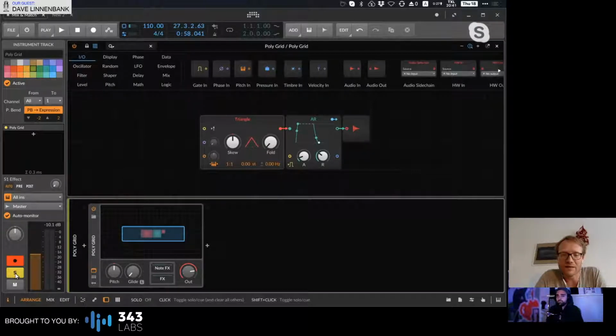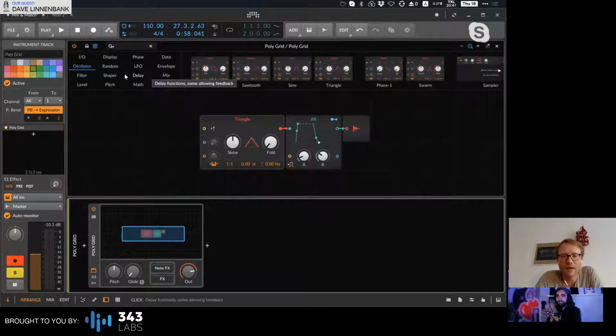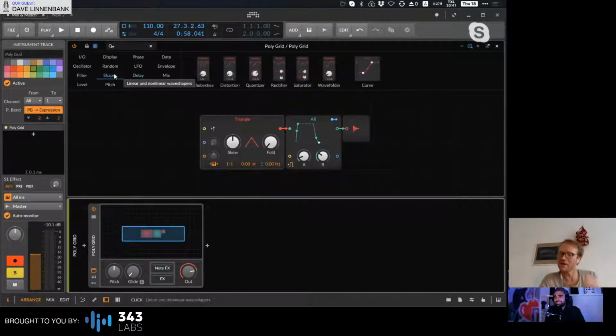Sure. There's kind of 3 things here. One is the library of modules, because otherwise you can't build anything. There's, I think, 160 something modules at the current count. So it's all the toys. So you're saying I don't need to order a bunch of the physical modules and go down that path. I can just be in Bitwig and have virtual toys. That's what you're saying. That is a fair assessment. I might not have said it that way, but